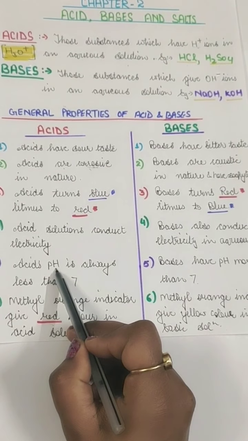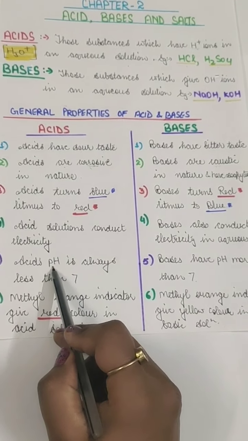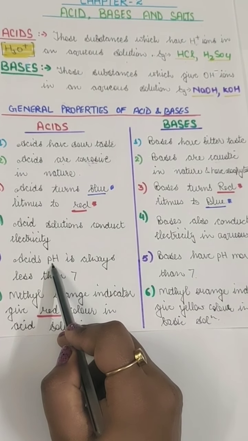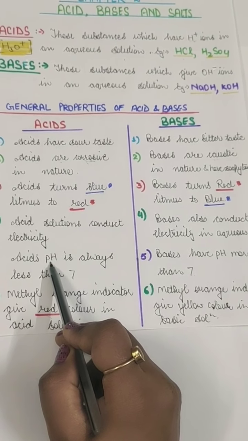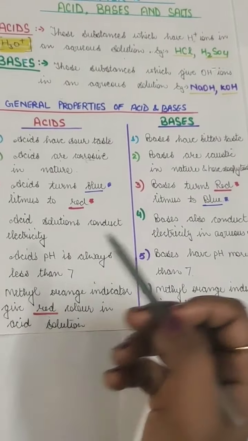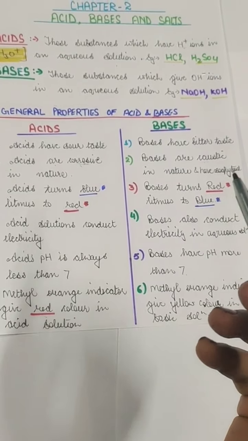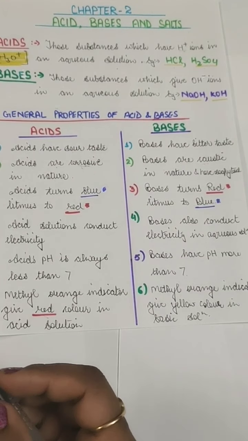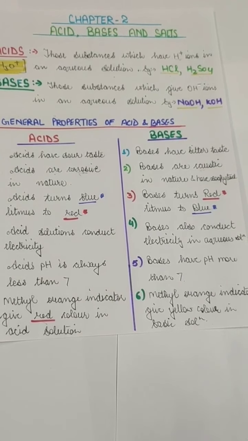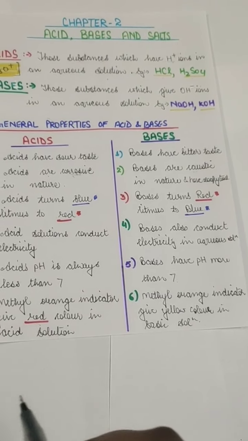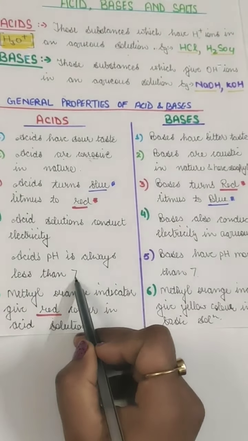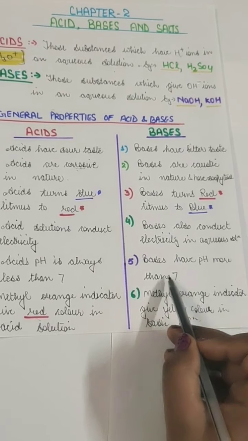Now this pH we'll be learning ahead in the chapter. pH means the potential of hydrogen, that means what is the concentration of hydrogen. If the concentration of hydrogen ion is high, that means it's more acidic. The pH scale is from 0 to 14, and from 7, when we decrease the number, it comes to a lower pH, and the value is more acidic as we move from 7 to 1. But when we move from 7 towards 14, the value becomes more basic. So acids always have pH less than 7 and bases always have pH more than 7.